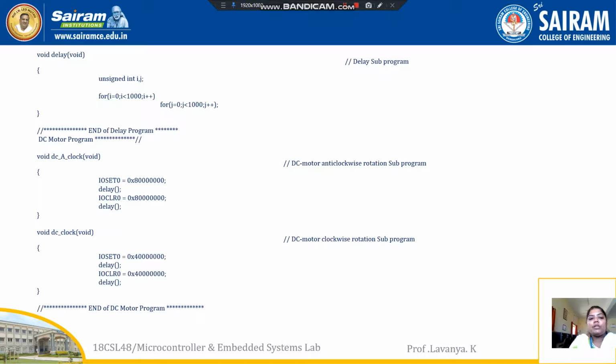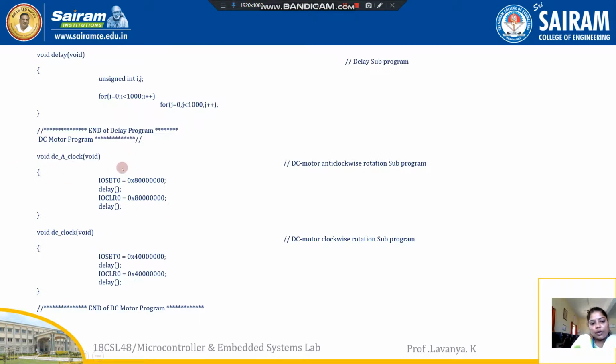Why? Because the execution should go through this for loop until the condition is successful. If it is successful, it displays the output. If not, the iteration takes place again and again, one by one. This is the delay function.